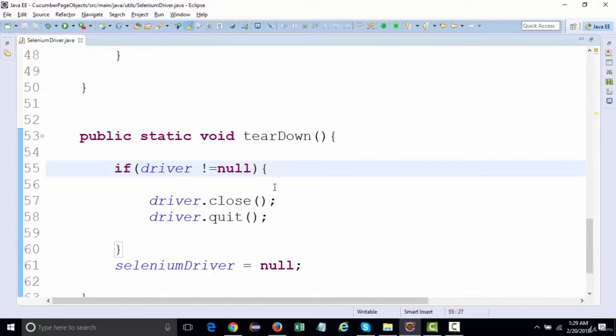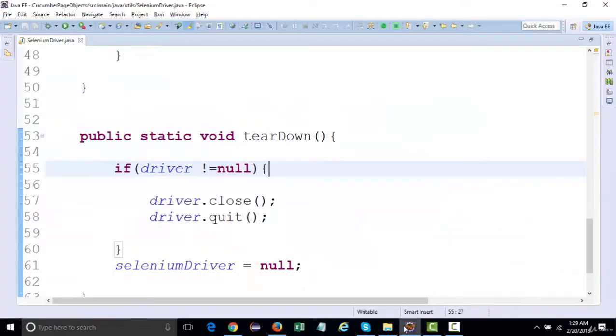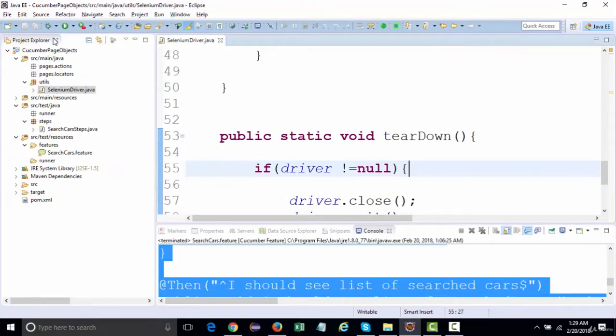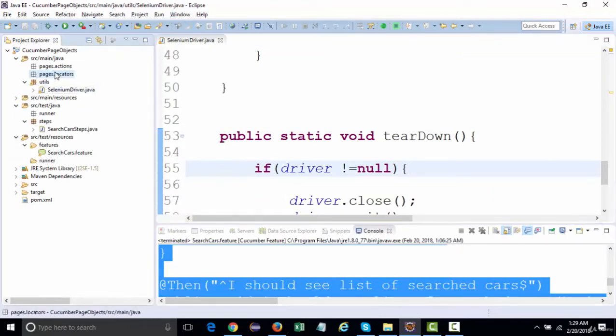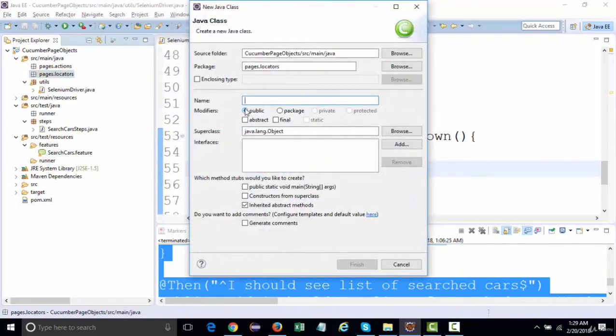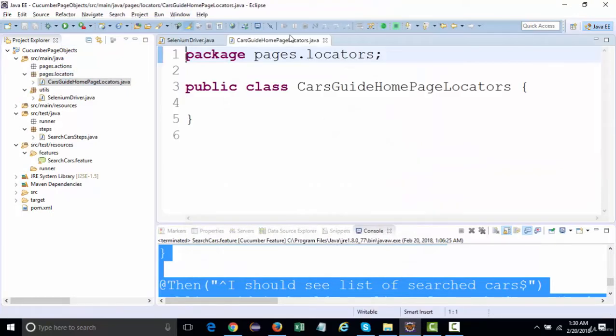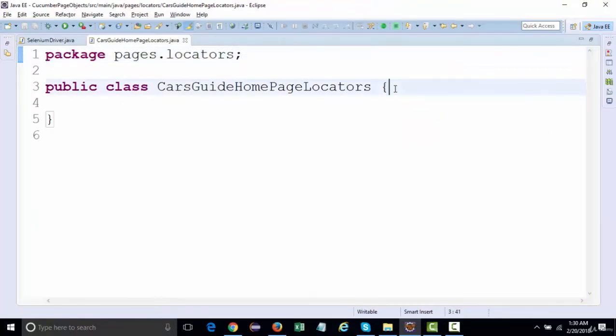Now let's create locators for all the pages that we need to automate. So let's say this is the home page. The very first class, I'm going to create it for the locators. I'll go inside this package and name it CarsGuideHomePageLocators, right? And since we'll be using page factories, we need to add all the @FindBy annotations